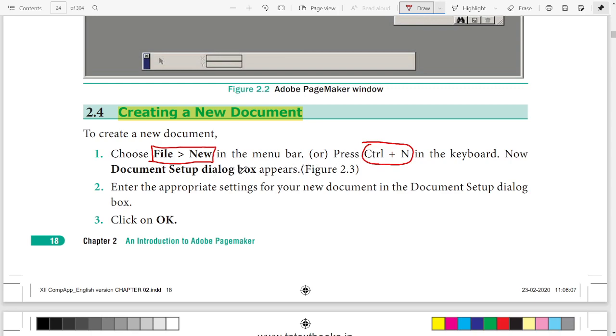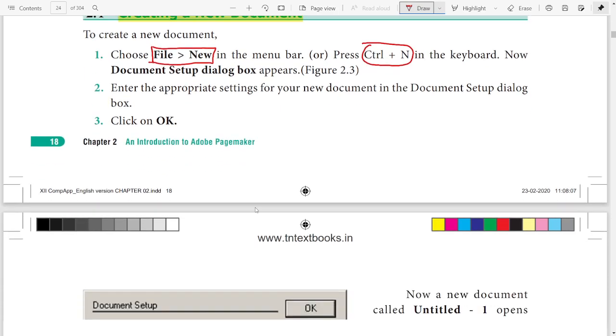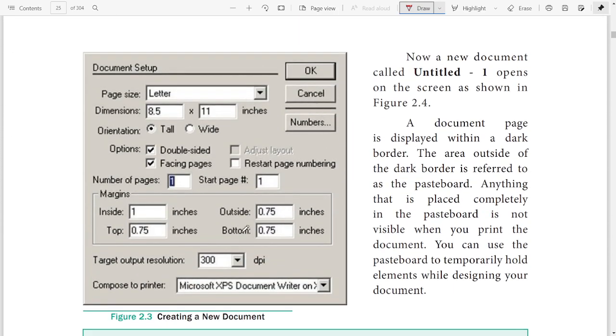Now, the Document Setup dialog box appears. Enter the appropriate settings for your document in the Document Setup dialog and click OK. Once the dialog box appears like this, we call it Document Setup. You have to select the size of your document and its dimensions in inches or centimeters. Orientation: tall means portrait, wide means landscape.